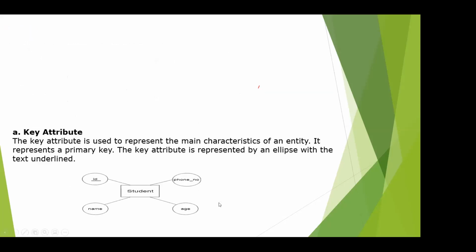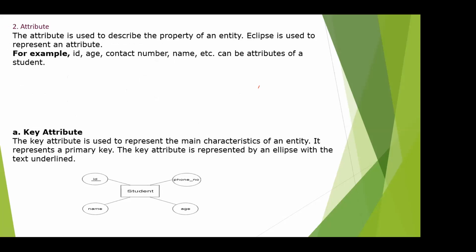Yes. Next, the important one is attribute. What is an attribute? An attribute is used to describe a property of an entity. Suppose I want to plan to purchase a dining table for my house. I am going to describe this dining table: for 6 persons and very easy for sitting, and 6 chairs are needed because we are a family.